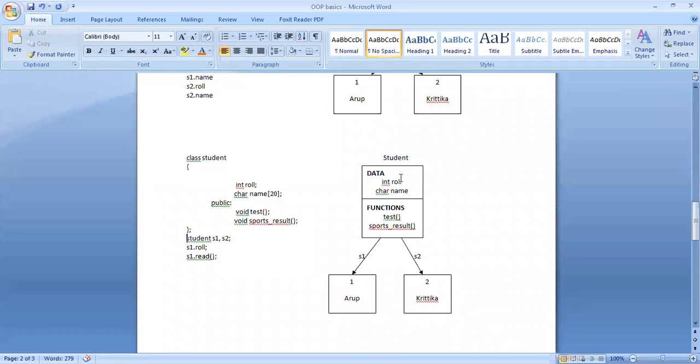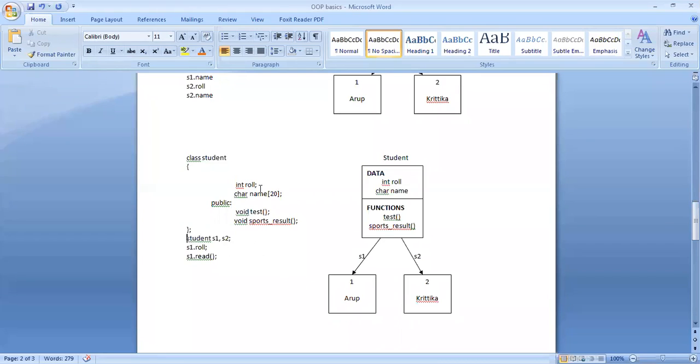To read values to the data or to access the data from the data members, that we will understand in the next class in a better way. Just for the time being, you understand that just as in structure we use the structure name followed by the structure variable to create structure variables, here also, in a similar way, we create objects using the class name student.